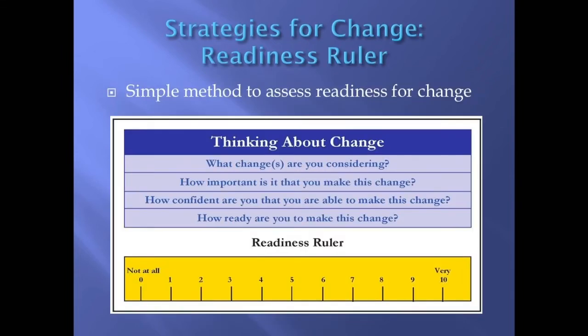There's the readiness ruler, which is also sort of based on motivational interviewing, but it's really pretty handy because you can use a ruler in your office. If someone wants to make a little change, you pull out a ruler, you say, hey, 10 is complete and total alcohol cessation, and 1 is drinking till you're blacked out. Where are you on the readiness for change scale? How many drinks would you like to cut down on? Right? You ask them, what are they considering? It's very similar to MI, but it's a very simple strategy to use in your office when you don't have a lot of time.